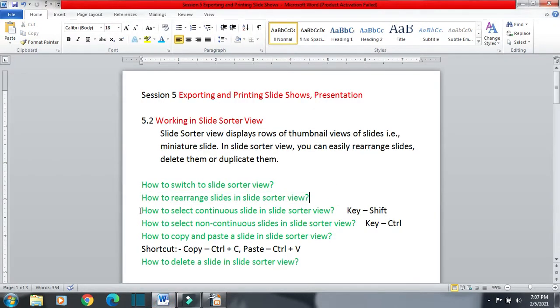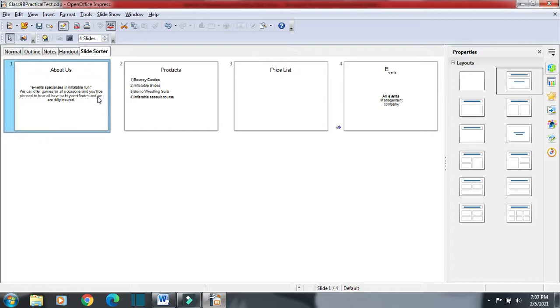Next is how to select continuous slides in slide sorter view. Suppose you want to select this slide and this slide. These three slides are continuous slides, one after another. If you want to select continuous slides, means all the slides are in continuous formation and there is no extra slide in between them, we can use the shift key.